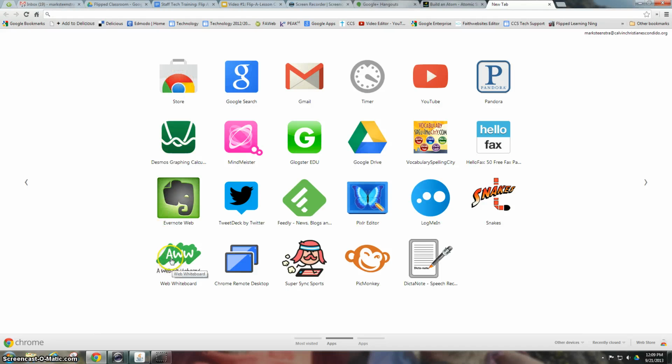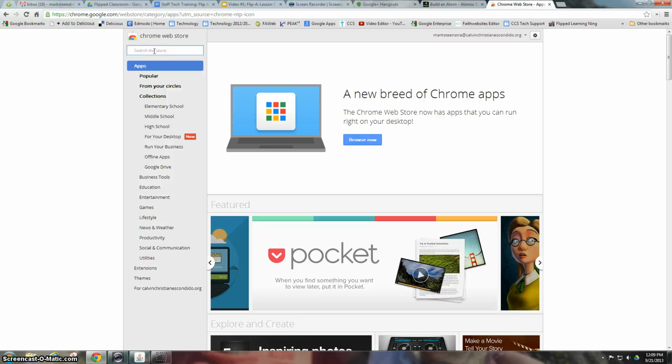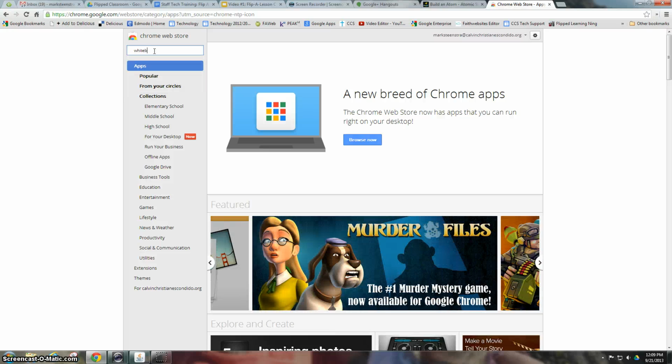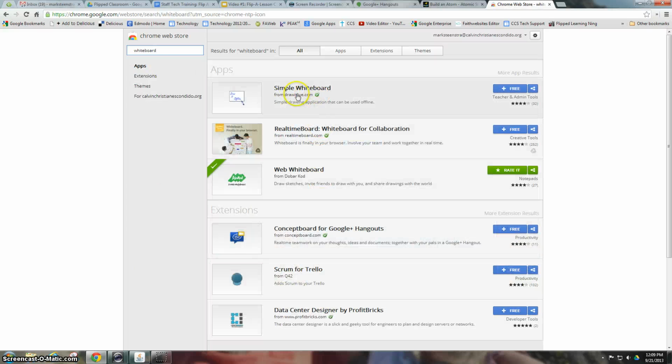So if you want to add a web whiteboard, you just go here to the store, and you're going to just search for whiteboard. Okay, and you can see there's 3 apps that pop up right away, and a web whiteboard I have. If you don't have it, you just hit this free button and you install a web whiteboard. And then the next time you go in to your app page in Google, you'll see it there